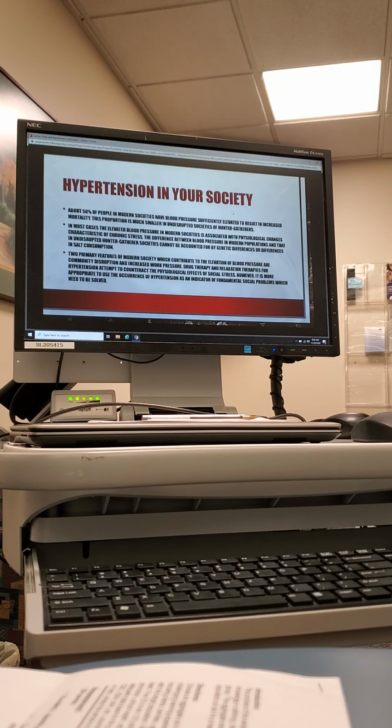In most cases, the elevated blood pressure in modern society, so us, is associated with physiological changes and characteristics of chronic stress. The difference between blood pressure in modern populations and that in undisrupted hunter-gatherer societies cannot be accounted for by genetic differences or in salt consumption. By genetic differences, what they mean is